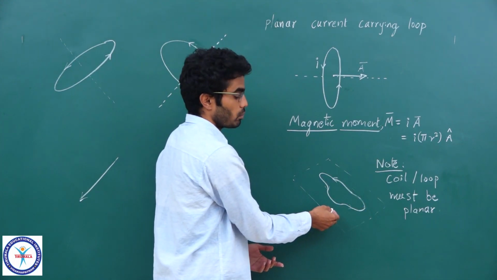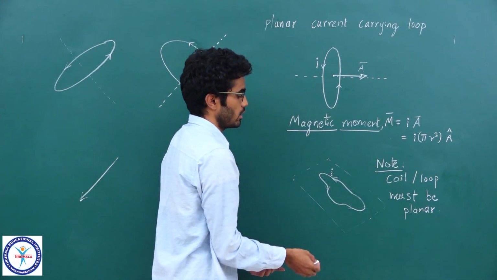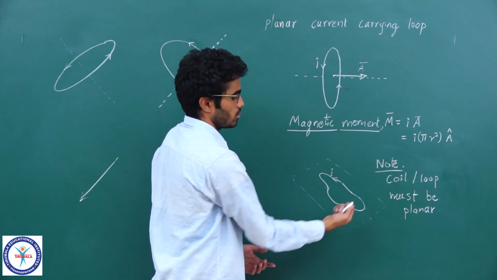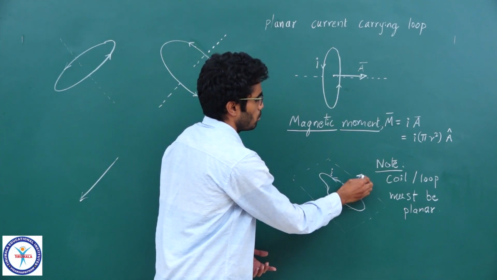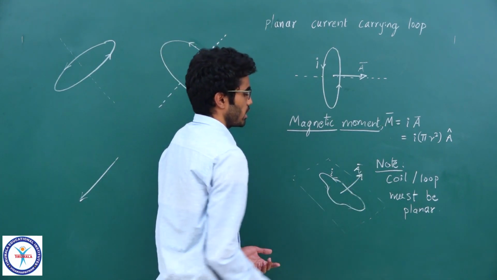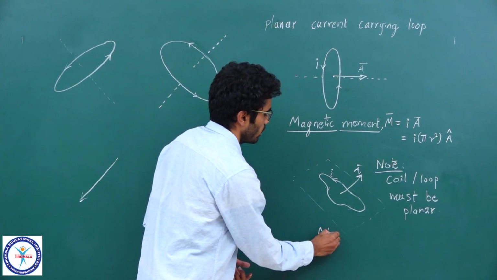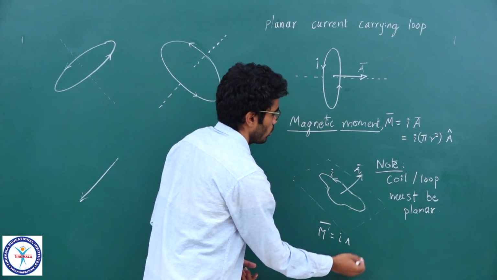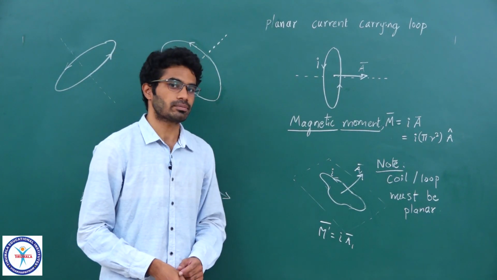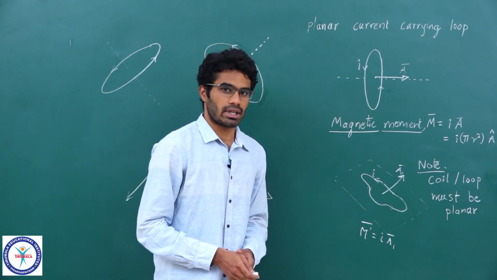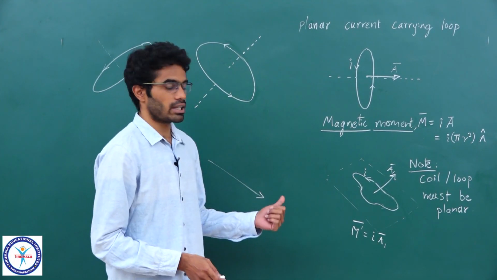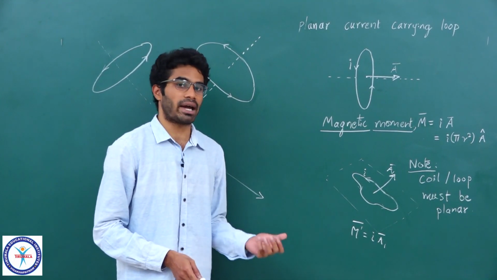In such a case, the magnetic moment is given by the current it is carrying into the area vector. The area vector is found by curling your fingers along the sense of current. Here the area will be pointing outwards like this. So, if this is A1 bar, the magnetic moment in this case is given by I into A1 bar. That is how you calculate the magnetic moment. One thing to notice is that the magnetic moment is also a vector. So, as soon as you identify the sense of current, you should be able to identify the magnetic moment vector